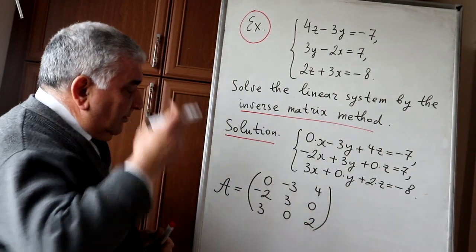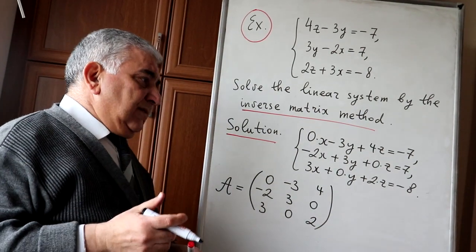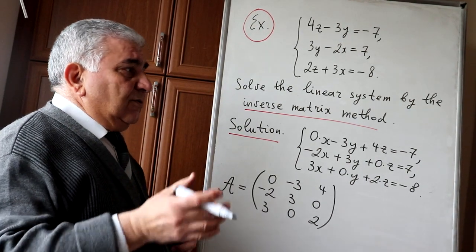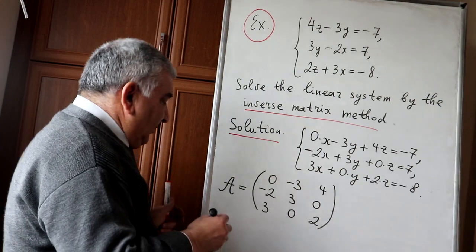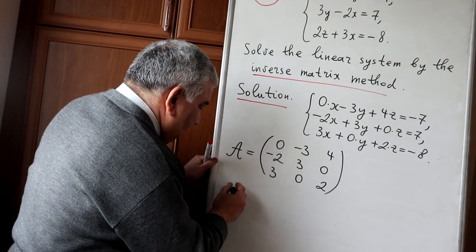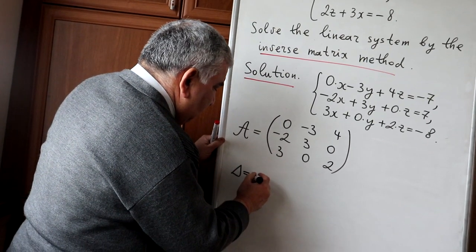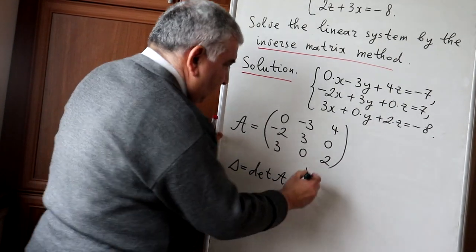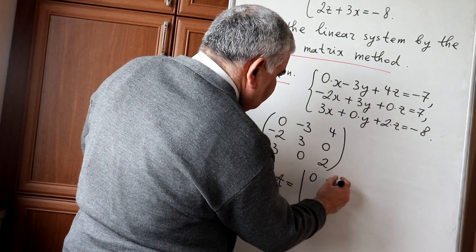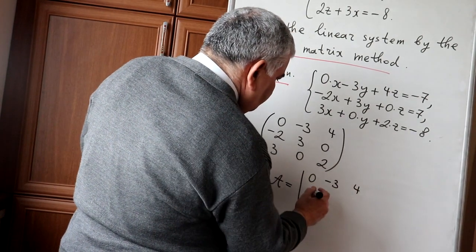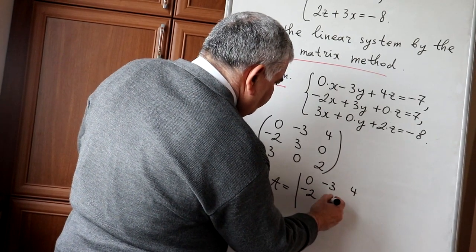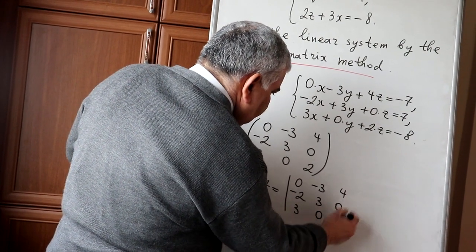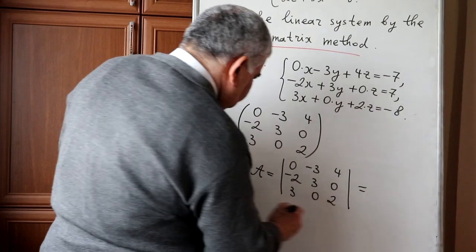For obtaining the inverse matrix, first we must find the value of the corresponding determinant. Delta equals determinant A equals determinant 0, minus 3, 4, minus 2, 3, 0, 3, 0, 2 equals